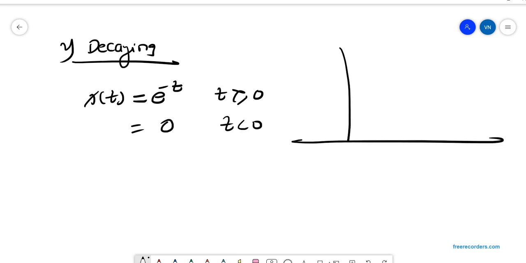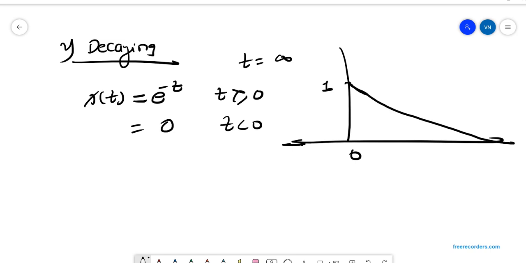So if I put in the values, suppose if I put 0, you will get the highest value 1. If I put t is equal to 1, so e raised to minus 1, you will get a lesser value. And finally if I put t is equal to infinity,